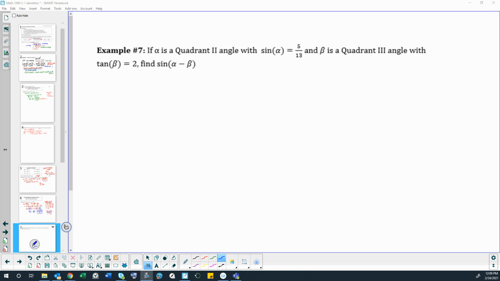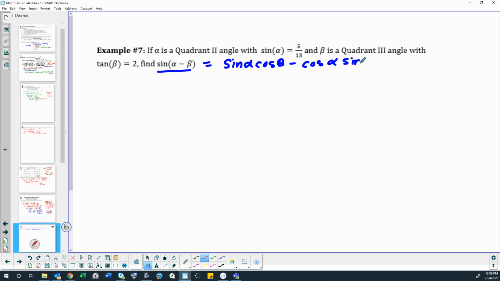Example 7. If alpha is a quadrant 2 angle with sine of alpha equal to 5 over 13 and beta is a quadrant 3 angle with tangent beta equals 2, find the sine of alpha minus beta. So keep in mind we're using one of those formulas we learned today. So the sine of alpha minus beta would mean we're doing the sine of alpha cosine beta minus cosine alpha